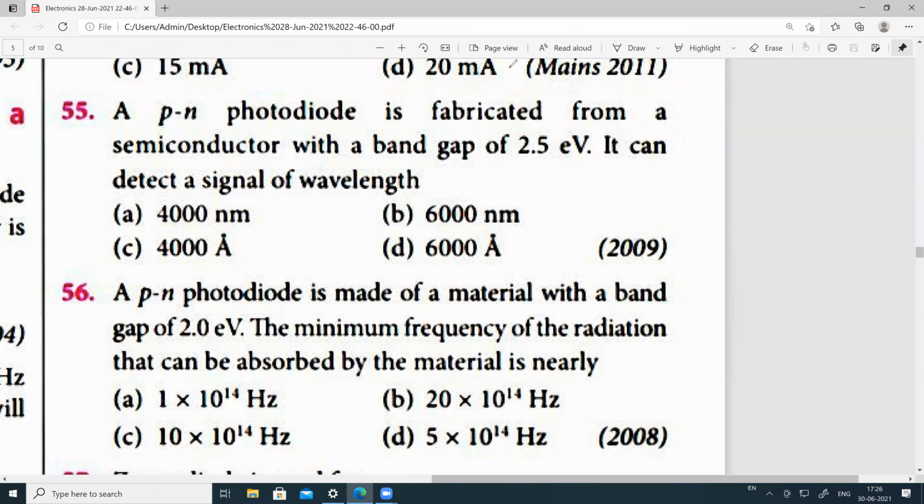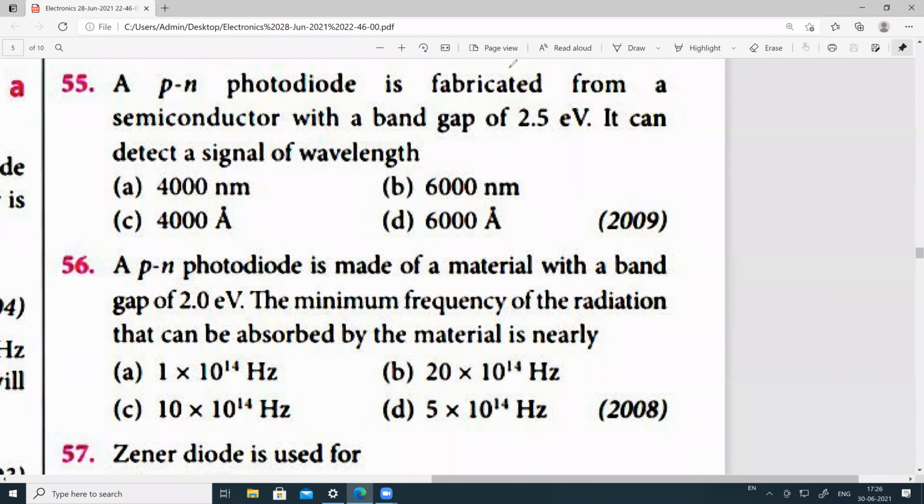Next, 55. A PN photodiode is fabricated from a semiconductor with a band gap of 2.5 electron volts. It can detect a signal of wavelength 4,000 angstrom, 6,000 angstrom, and so on, they have given. So for 55th one,